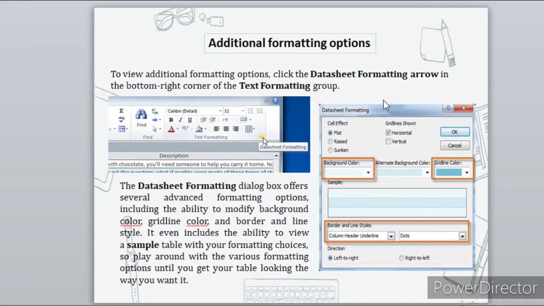The Datasheet Formatting dialog box offers several advanced formatting options, including the ability to modify background color, gridline color, and border and line style. It even includes the ability to view a sample table with your formatting choices. So play around with the various formatting options until you get your table looking the way you want it.